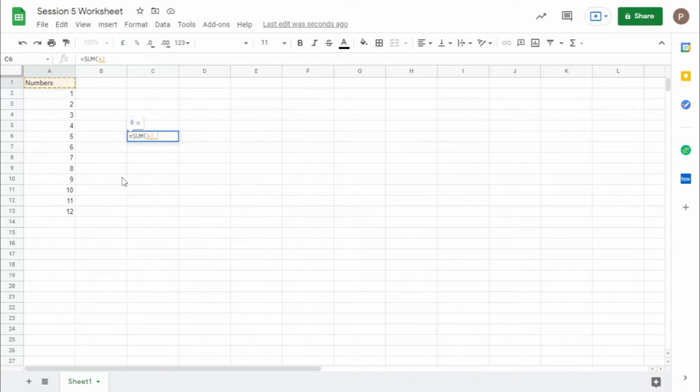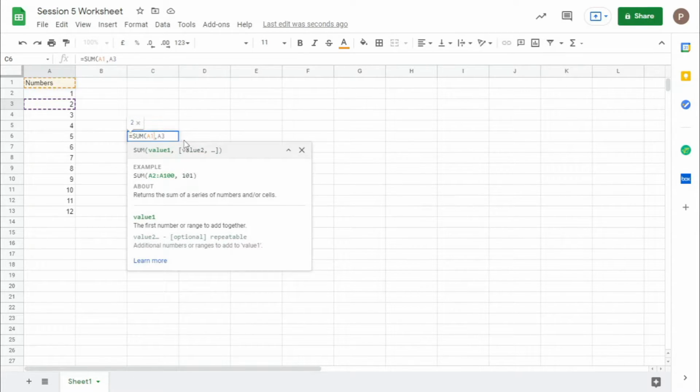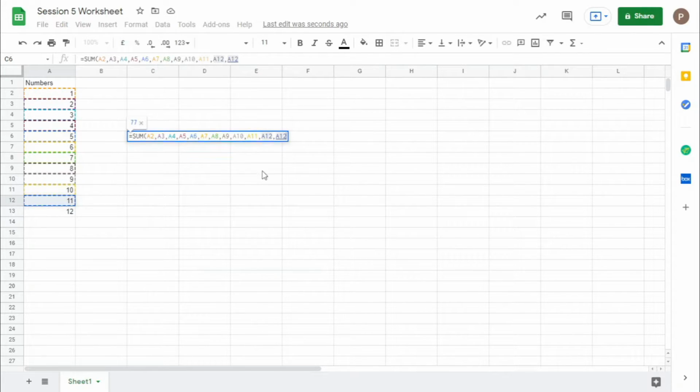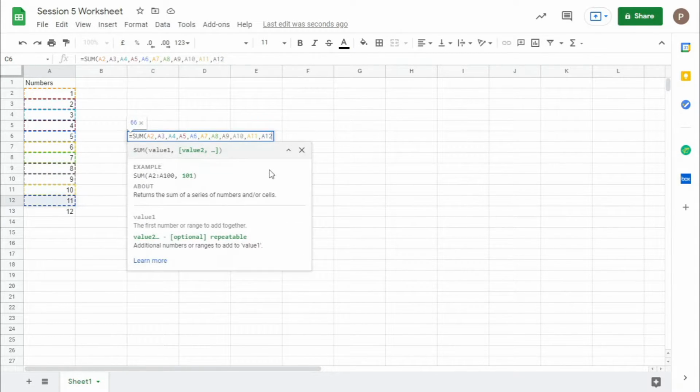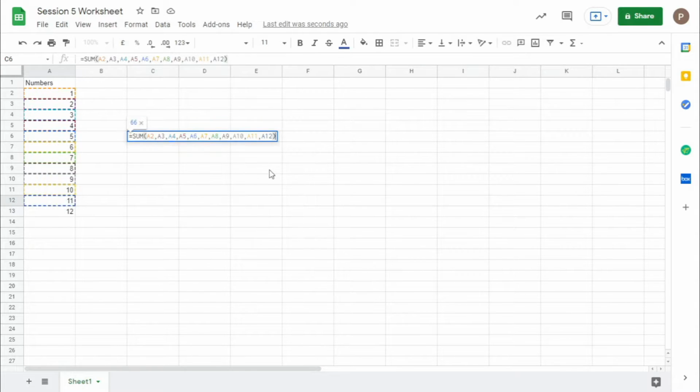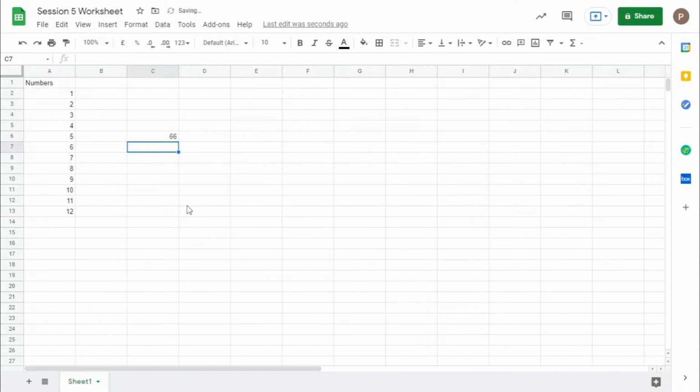After selecting the values, every time you select something, type a comma. Just like this, you can select, type a comma, and close it. The sum is 66. We know it's correct.